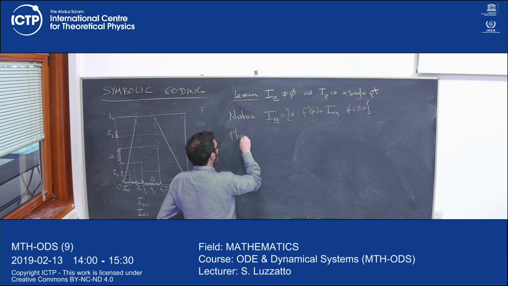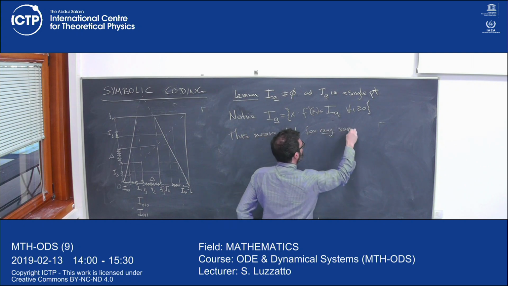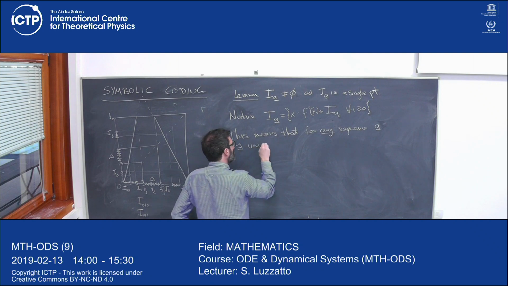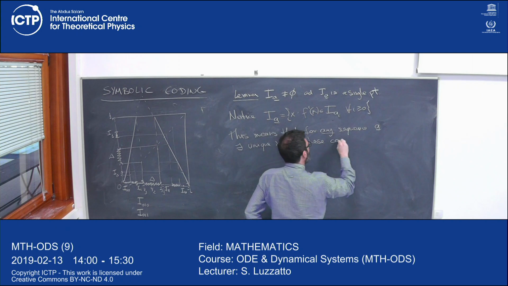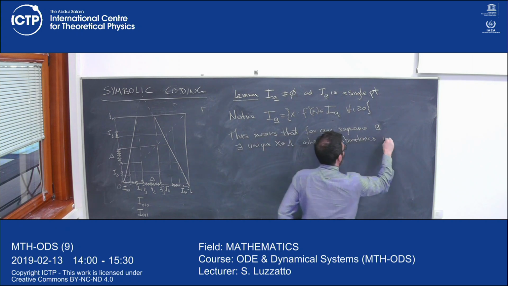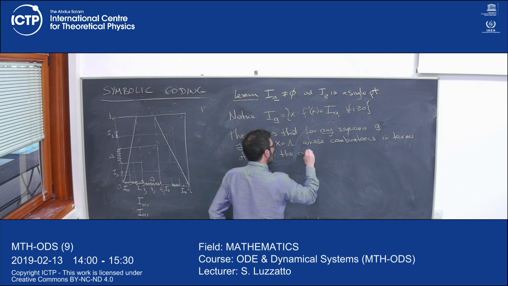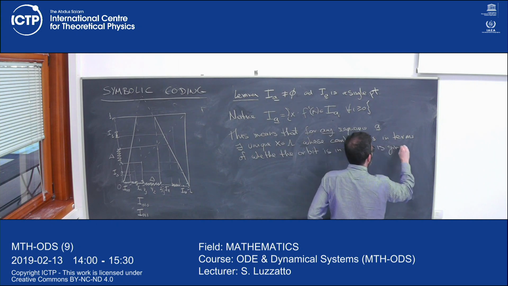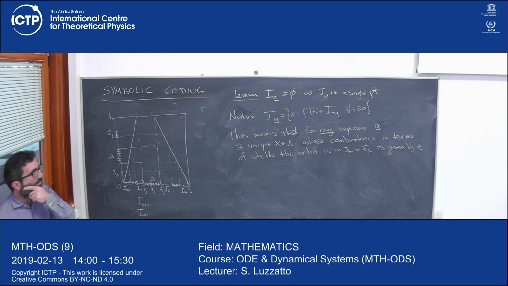So this means that for any sequence a bar, there exists a unique x in lambda whose combinatorics, in terms of whether the orbit is in I0 or I1, is given by a bar, for any sequence. And the same argument that I just did shows that